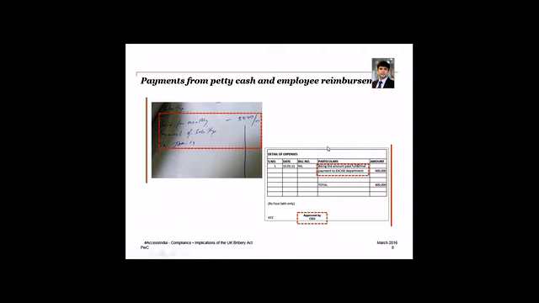We have now seen companies who are moving to a strict zero cash policy for incurring expenditures. On the right hand side of the screen, you see an extract of an employee reimbursement voucher. Employee reimbursements are another risky channel of making improper payments, as employees tend to take advance money for incurring travel and other expenditures, and these expenditures usually get processed quickly unless they're adequately screened in order to settle the employee advances. What you see here is a full and final payment to the excise department of close to $6,000 US, which has been approved by no one else but the CEO of the company. Moving on to the next